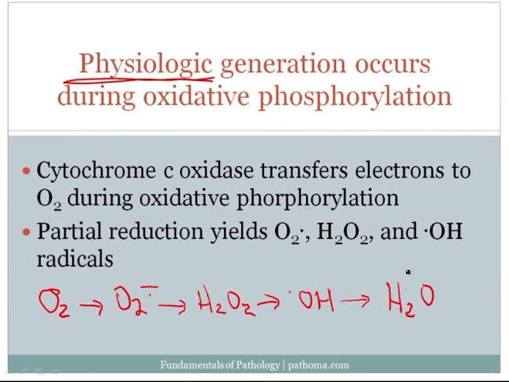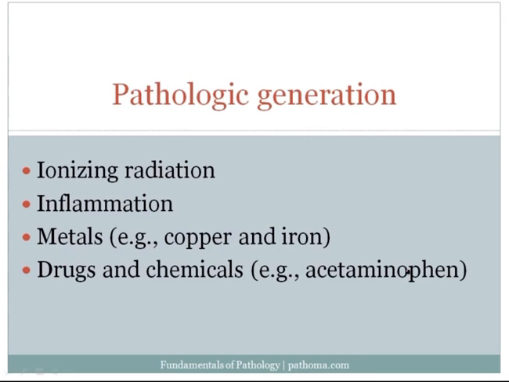So when I say that physiologic generation of free radicals occurs during oxidative phosphorylation, obviously if there is a partial reduction of oxygen so that it only accepts 1, 2, or 3 electrons instead of the normal 4 electrons, that's going to result in the production of free radicals, and that does happen physiologically. Free radicals can also be generated pathologically. Some important examples: ionizing radiation can generate free radicals, and